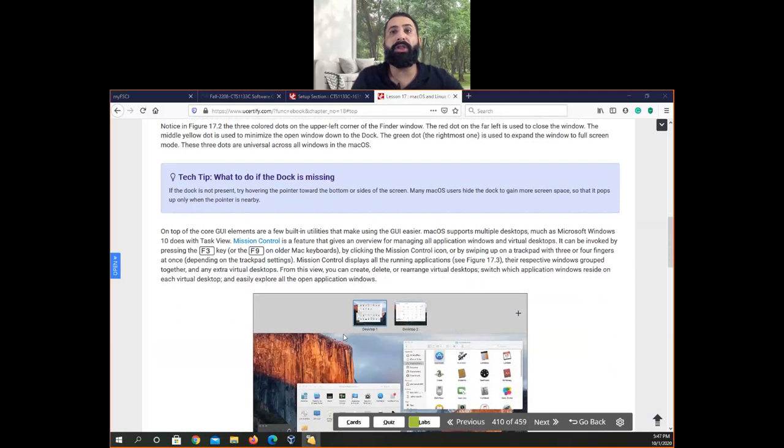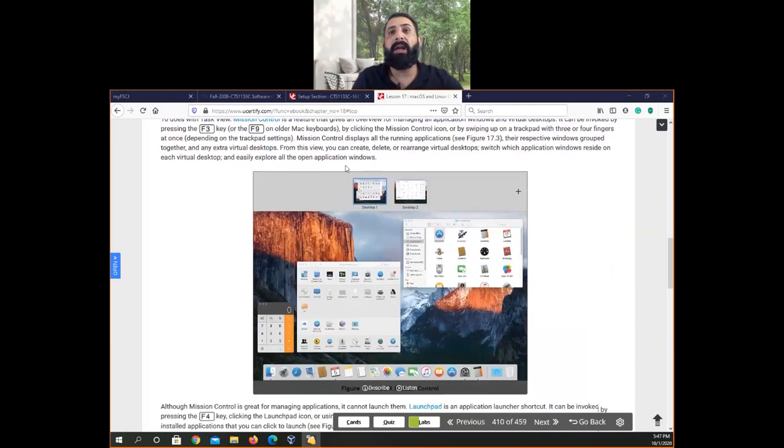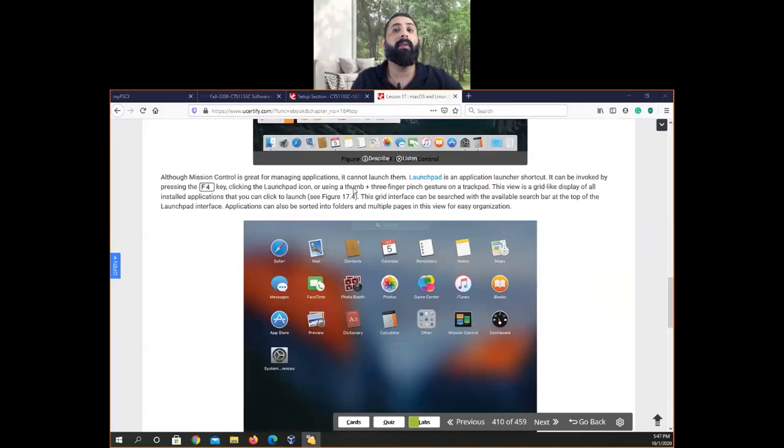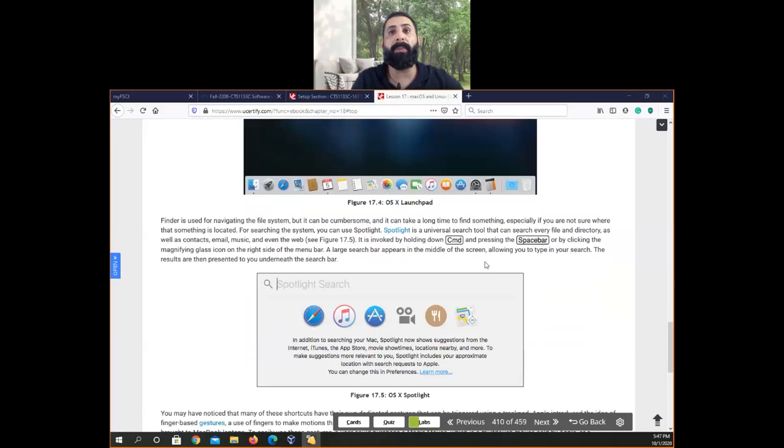Then we have Mission Control. I think it's either F3 or whatever. And this is where it shows the missions. You can choose one desktop, second desktop, and you can add a third or whatever. They just had it in Windows. They had it before that in Macintosh for a long period of time. They have it on Linux also, but they just had it on Windows where you can add more than one desktop. This is, as mentioned, if you clicked on the launcher or the Launchpad, that's what shows up.